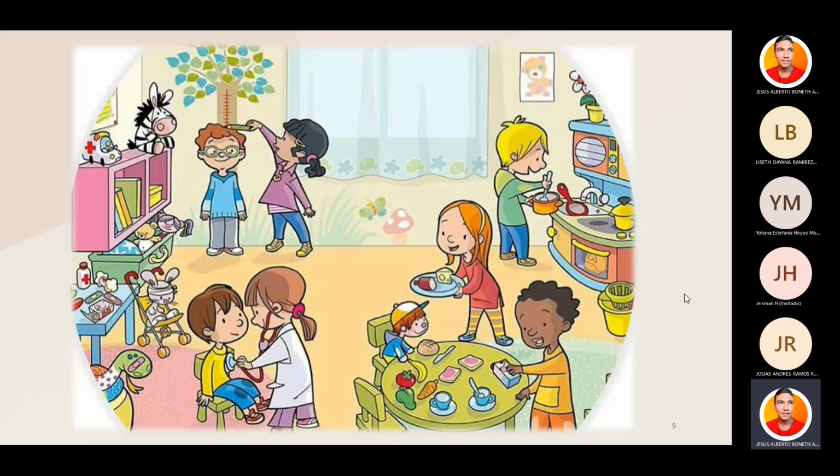Okay. And there are two children in opposite, when one child on the chair. Okay, and